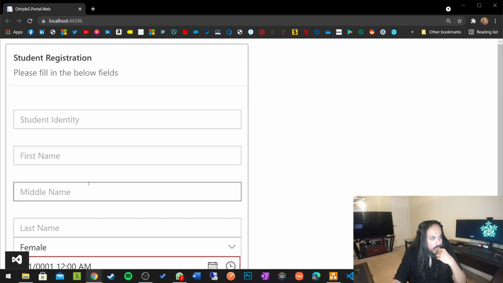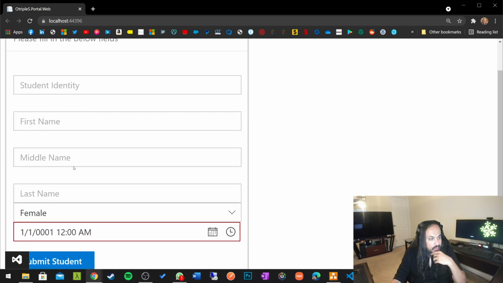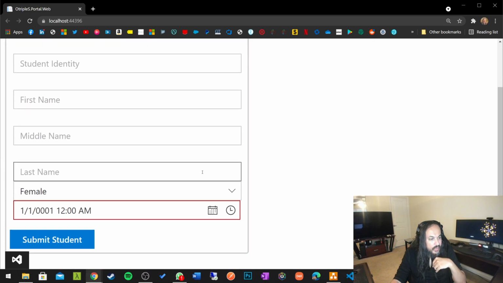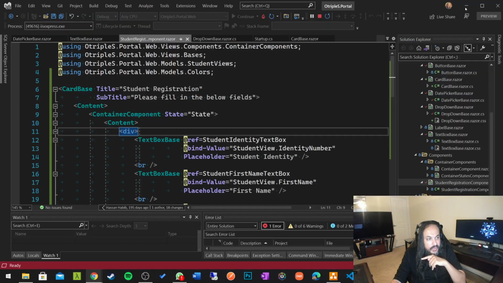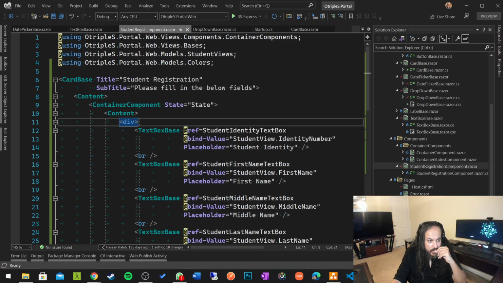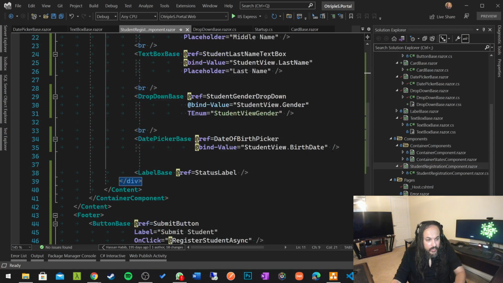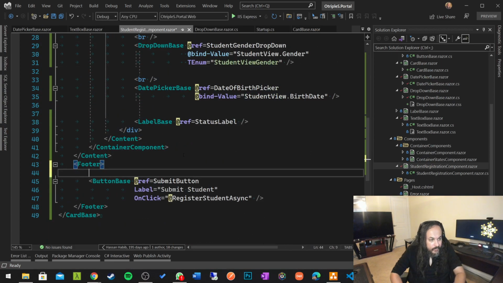So here's that guy, and then these are on the left side. Look how beautiful and seamless this is. And then the last thing, I maybe want to push that button on the right side in here. So I'm just gonna go and do that. Here we go. I'm gonna go here and say, okay, for this button base div